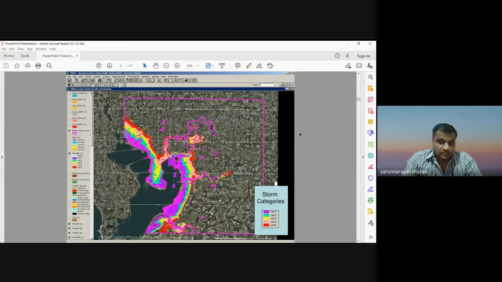In this map, in this figure, you see it is a highly urbanized area, and this urbanized area has vulnerability. They need some decision making in the case of a storm, in the case of any hurricane or cyclone. So these are the areas affected by the storm, and the different colors are showing different categories. Different colors are showing the vulnerability level for that area. Okay, so category 3 hurricane.